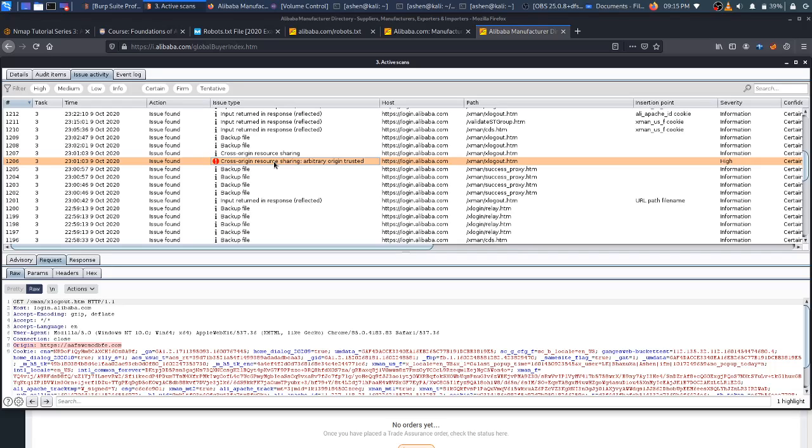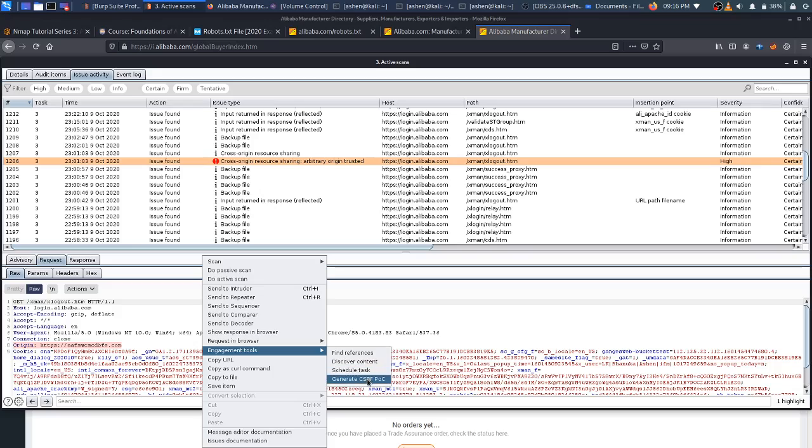If he has a valid session, he does not send his email and password to that site, because he has a valid session with his own cookie value. But we can make the victim send his email and password by logging him out. To do that, we can use this cross-origin resource sharing vulnerability.